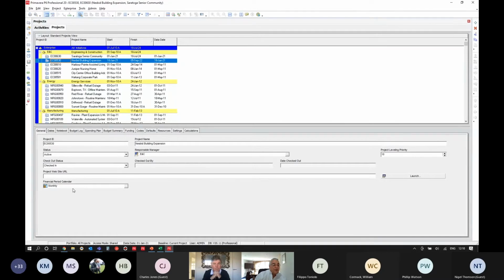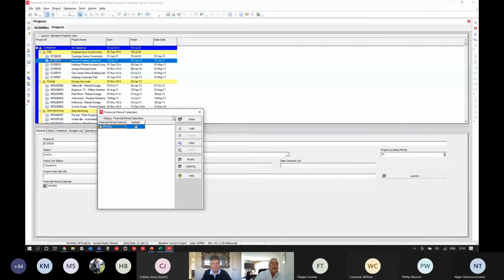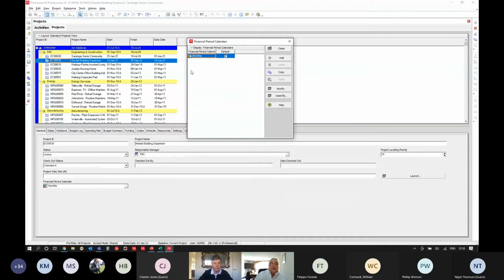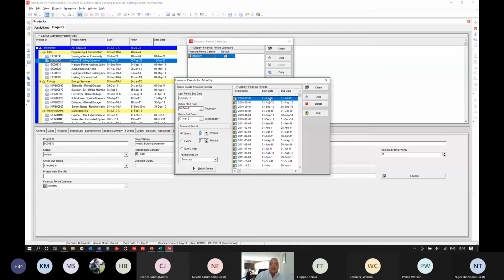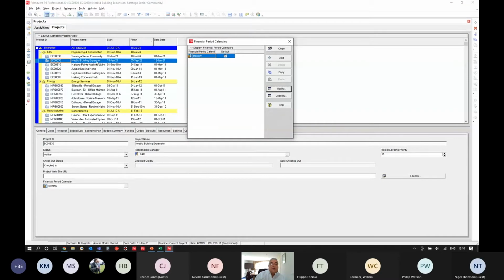But actually, I want to track financial periods weekly on this project. So what I need to do, a couple of things. First of all, in admin, is go into the financial period calendars, and this is where you can see my monthly calendar that's assigned to these 2 projects has been created. And if I look in this financial period calendar, I can see that this is a monthly snapshot, to be able to capture snapshots by month in this particular project. But what I want to be able to do is I want to say, actually, Nesbit, I want to capture